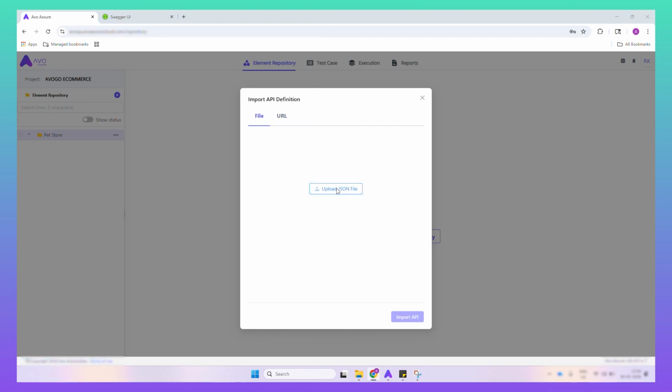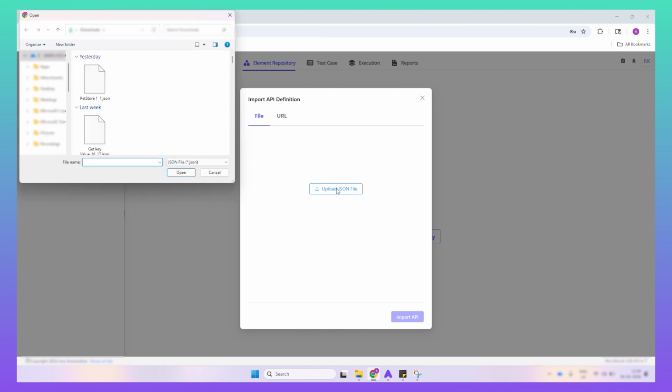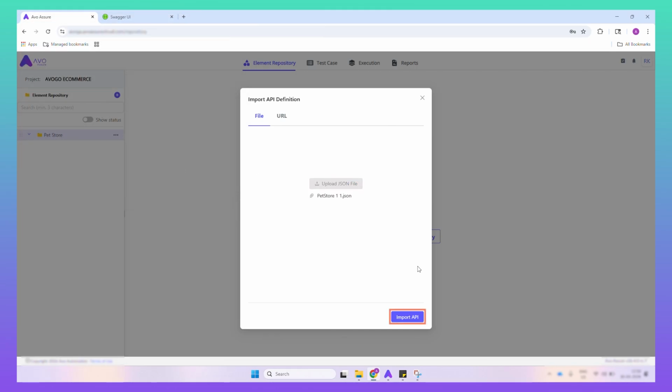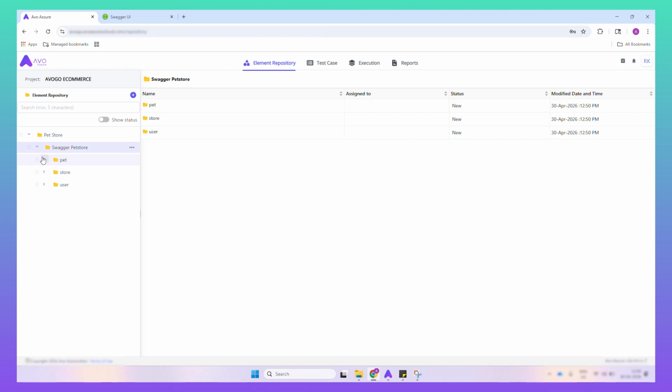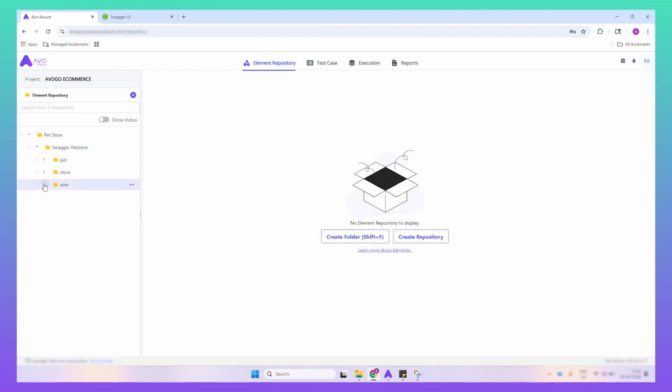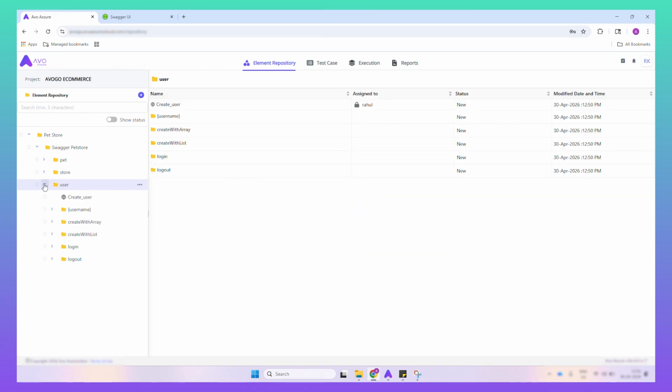Click on this upload JSON file. Here it helps to upload the JSON file with all the endpoints. Select the JSON file and click on import API. Here we can see we have three sections: pet, store and user. Now as per our scenario, I will start creating a user,